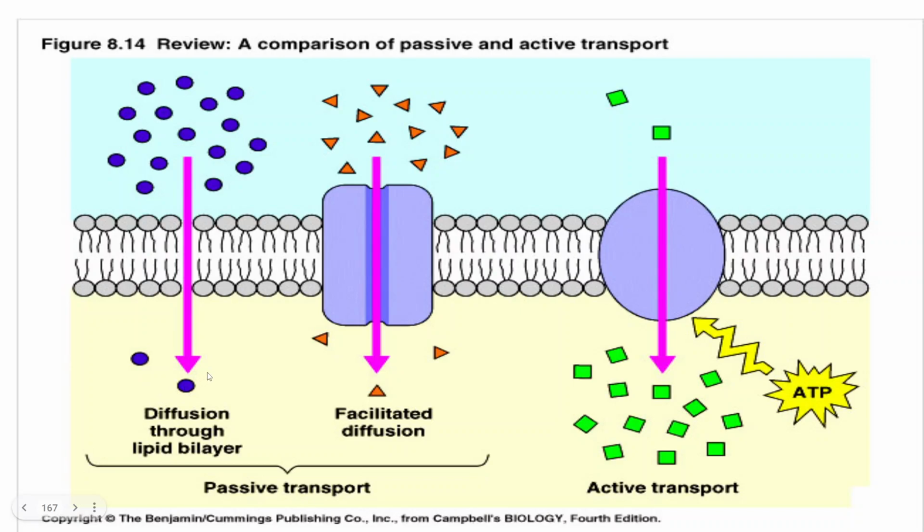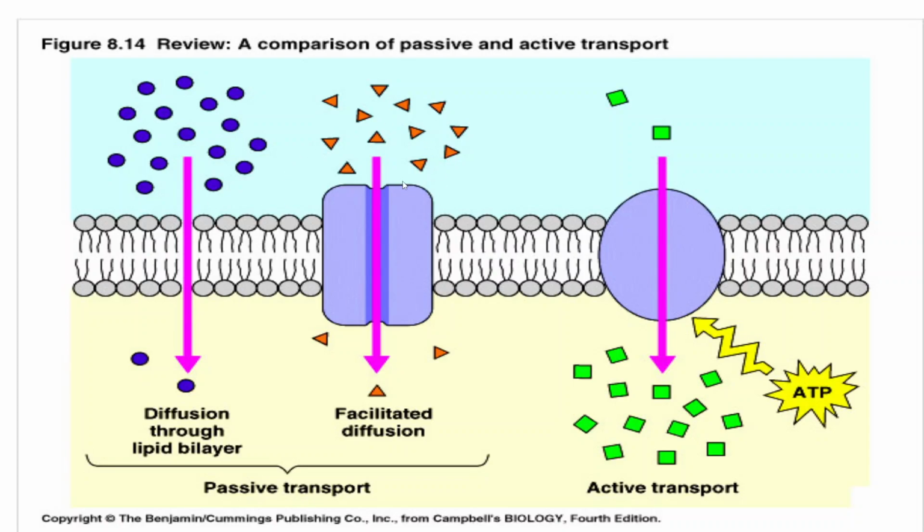One is diffusion. Diffusion is where, because of the concentration difference, the electrolytes simply passively tend to move in and out through the pores of the cell membrane. It's a passive process where they move from the higher concentration area to the lower concentration area. So there is always a tendency for the sodium to move in, because the concentration of sodium in the extracellular space is more, whereas the potassium tends to move out, and this is regulated by an active process, which is what we call facilitated diffusion.